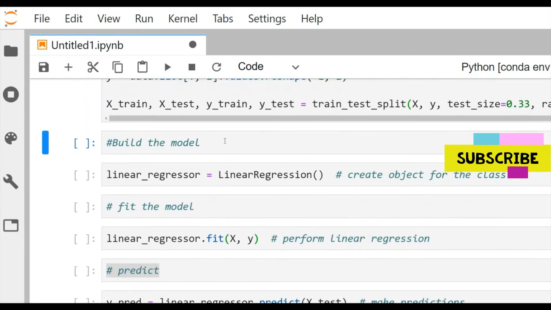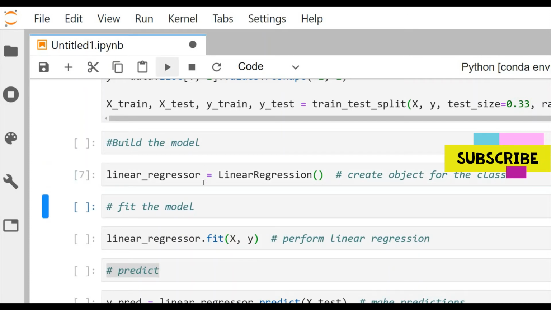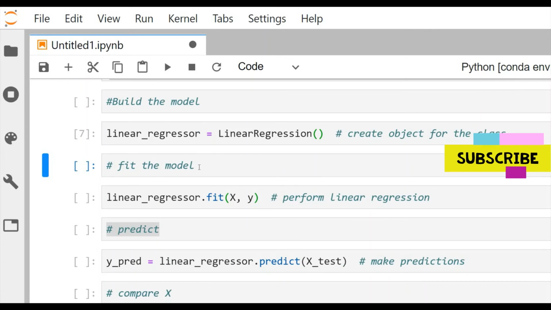The next thing we are going to do is build the model. As I said earlier, we are going to build this model using linear regression. For the sake of this tutorial, we are just going to build a simple linear regression model. So we are not going to adjust anything, we just do the normal linear regression. If you want, you can always adjust the parameters, but we are just going to leave it this way. So if you run, and then after building the model, you need to fit the model. We fit the model by calling the model linear regressor.fit on X and y. So if you run that,